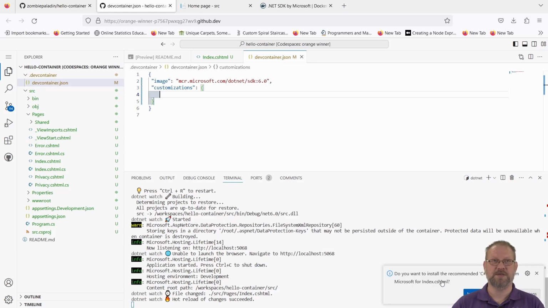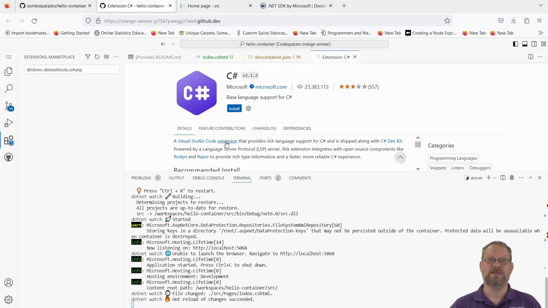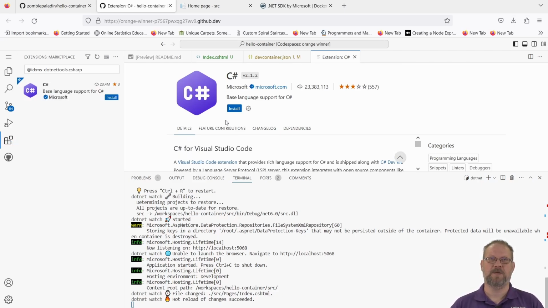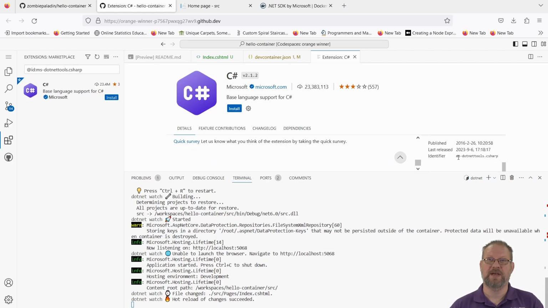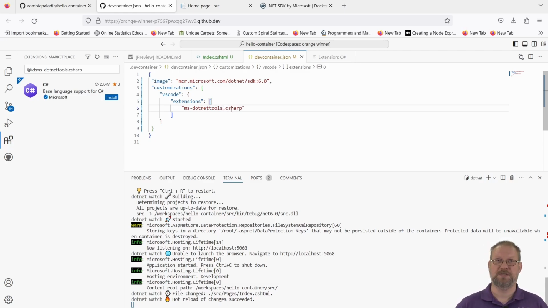So we go into customizations, and then VS Code, and inside of that, we can go extensions to say I want some extensions pre-installed. The particular extension we want is MS. Let's see. And actually, I'll go look at that extension they are suggesting. There it is. There's the identifier. That's the one we want. So we're going to copy this, and we're going to drop it in this dev container as an extension. So customizing VS Code, adding an extension, and this is an array, so we can have as many extensions as we want. This is just the generic C# tools. If we save that,